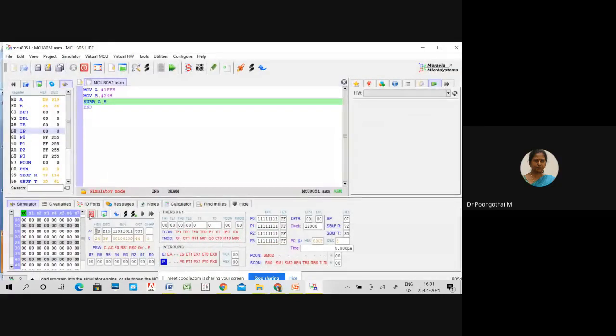Suppose next case, I am subtracting FF from 24. In the first example, we subtracted 24 from FF. Next, we are subtracting FF from 24, that is, subtracting a larger number from a smaller number.